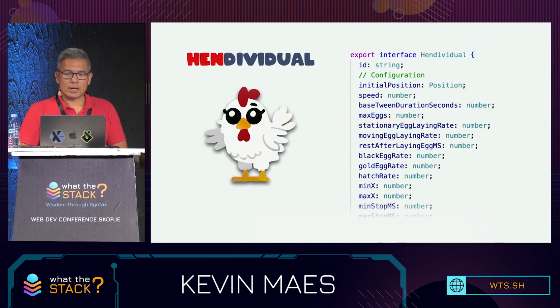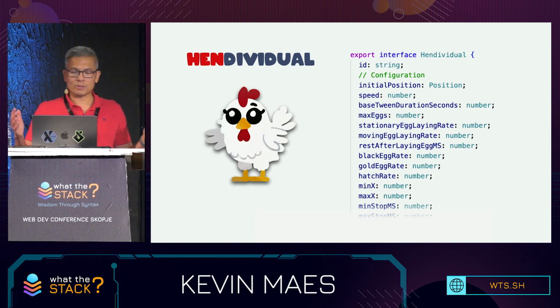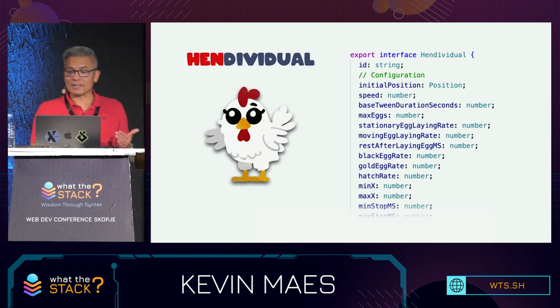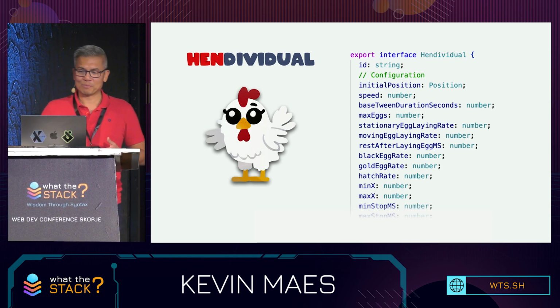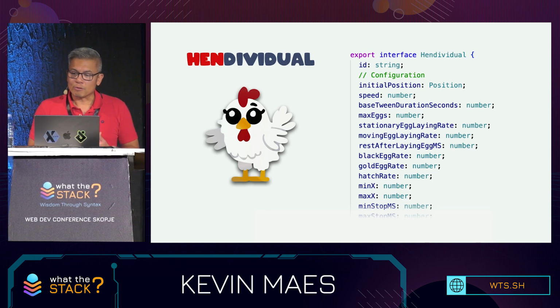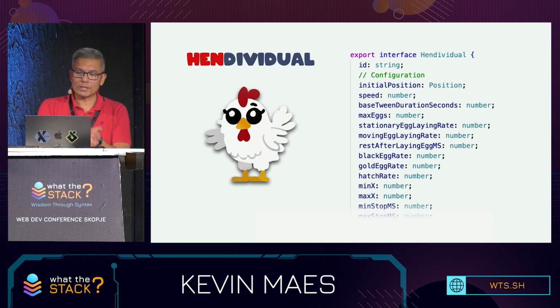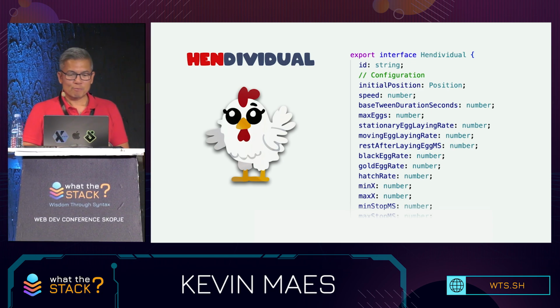So in GA terminology, I knew my hens would be the individuals, so I now call them hendividuals. Since their eggs hatched and turned into chicks, it actually seemed fitting that their own chicks would basically indirectly represent the next generation. Now, the first approach was to take some characteristics for each hen that I wanted to vary across the population, like speed and tween duration, movement distance, maximum eggs, things like that.